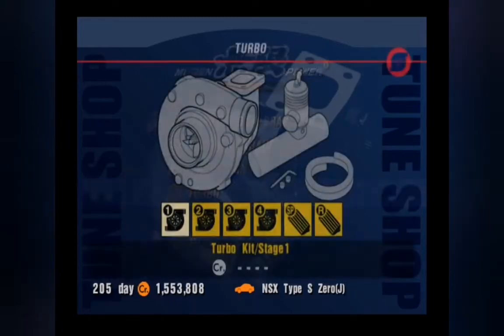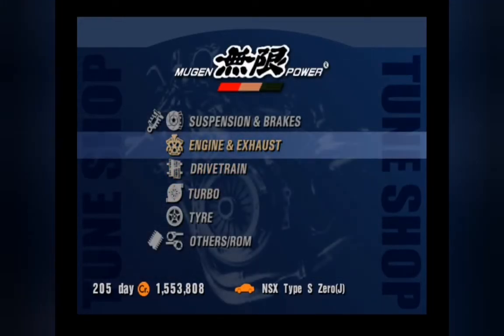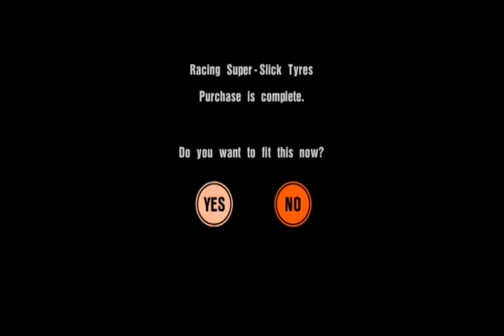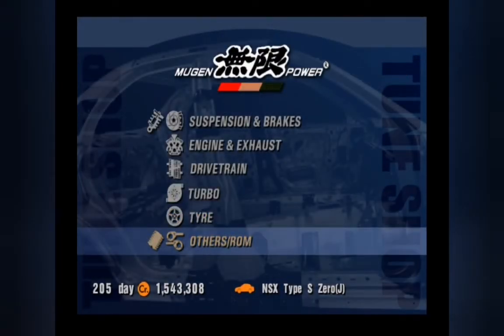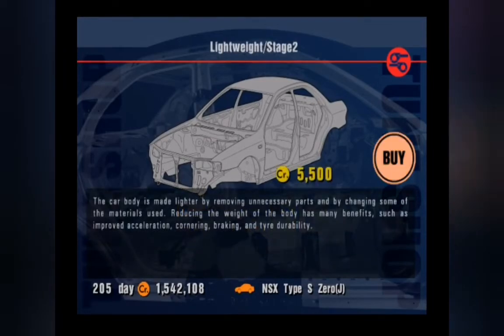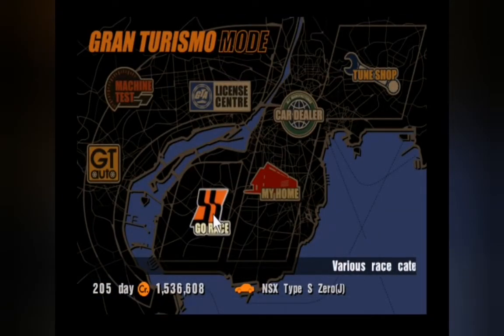I'm pretty sure this car does not have turbo. No, it doesn't, so it cannot be fitted with any turbo tuning, and I'm not going to mess around. I'm just going to put on the super slicks because I need those, and I'm also going to do the first 2 stages of weight reduction because both of those are mandatory. And let's now move onwards